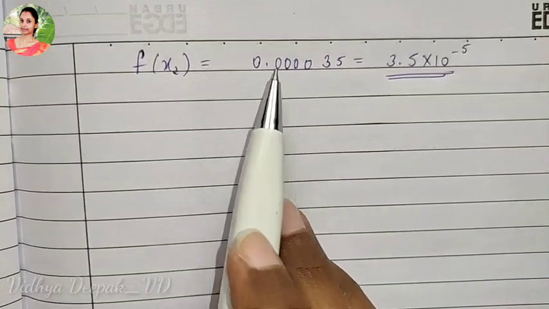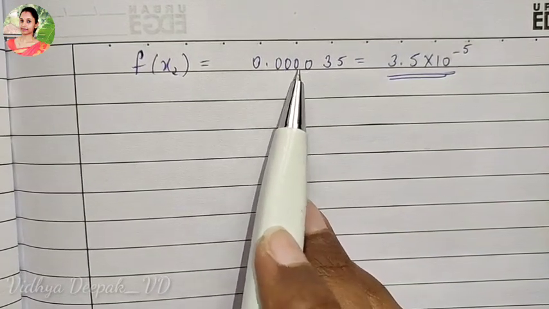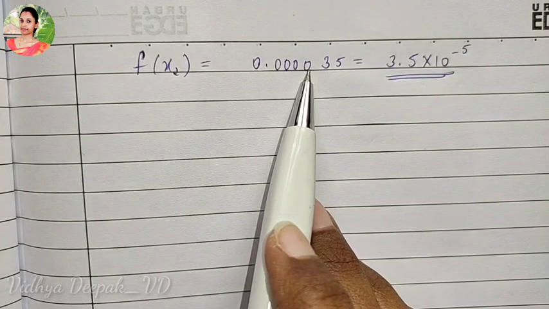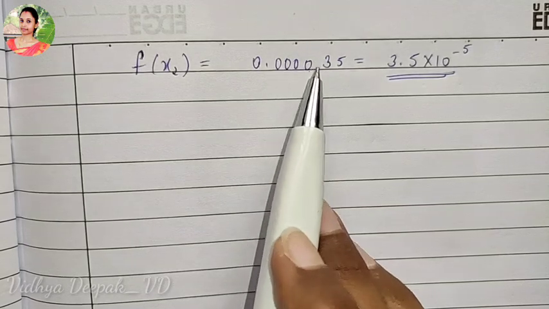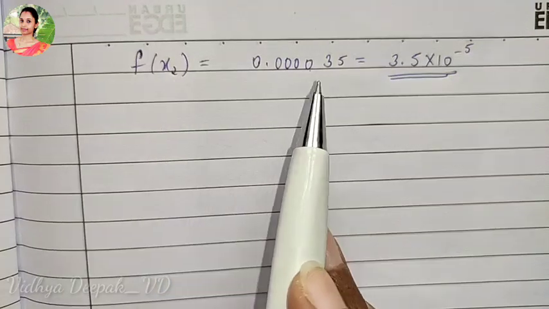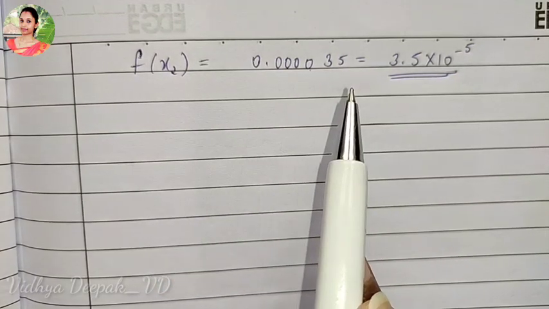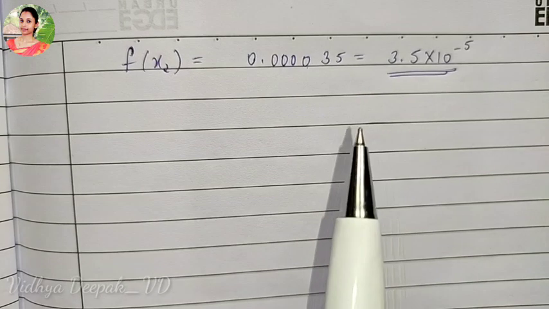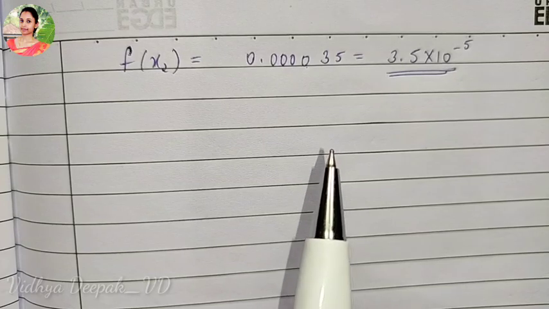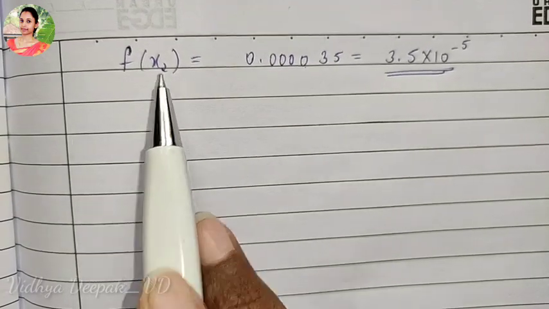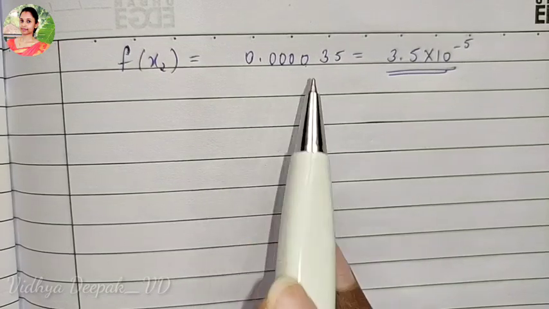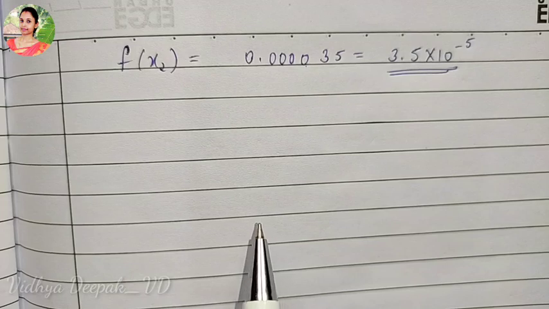So here, after the decimal place, if we get 4 places to be 0, that means we have got the root accurate to 4 places. Okay, we can stop here and say x2 is the root of the given equation. According to some textbooks it's like this; according to other textbooks, as we did in the bisection method, we compare the previous x with the current x. Now we have x2, we will compare it with the next x3, and if we get similar values up to 4 digits or 3 digits,